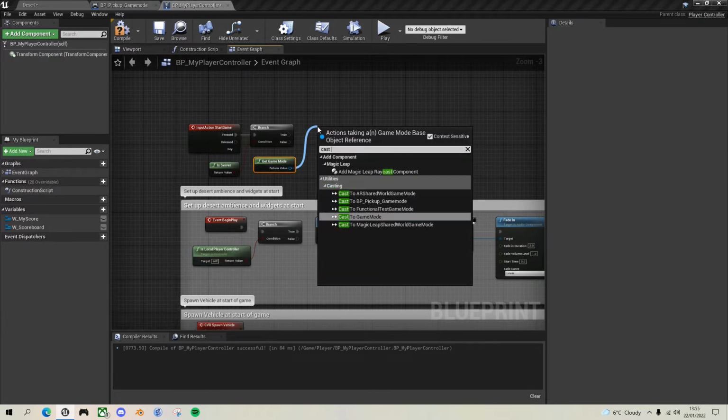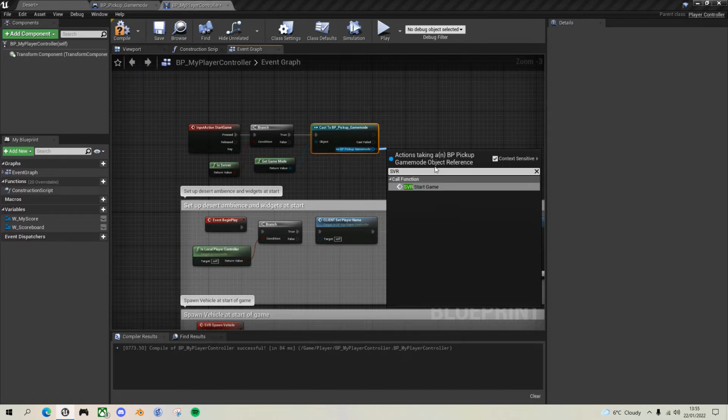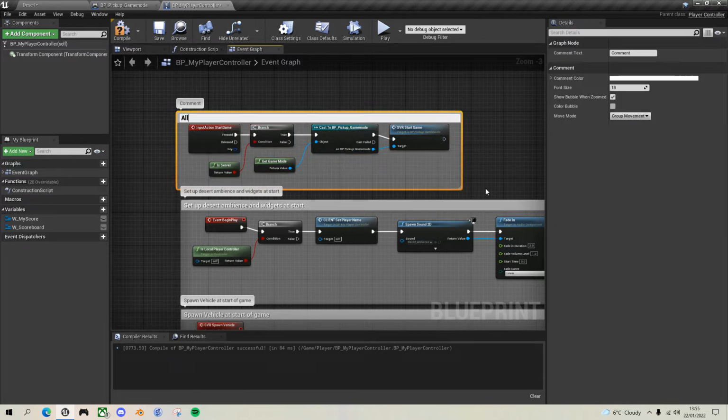Cast to the BP pickup game mode, which is the one we're using, and call the server start game function. So we'll say comment allow host to restart game. Okay, let's compile and save,